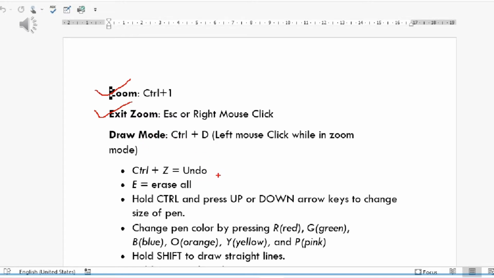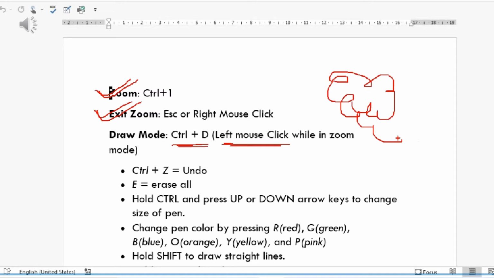Then if you want to draw on the screen, we can use two options. One is either Ctrl+D, and another one is you can use the left mouse click. Now I am giving a left mouse click on the screen. So then I am already drawing on the screen. If you observe, I have drawn two tick marks and two underlines. Right? So that means you can do anything on the screen. Now if you want to go back, if you have done some wrong operation, as we have undo, you have Ctrl+Z. Ctrl+Z will work here also.